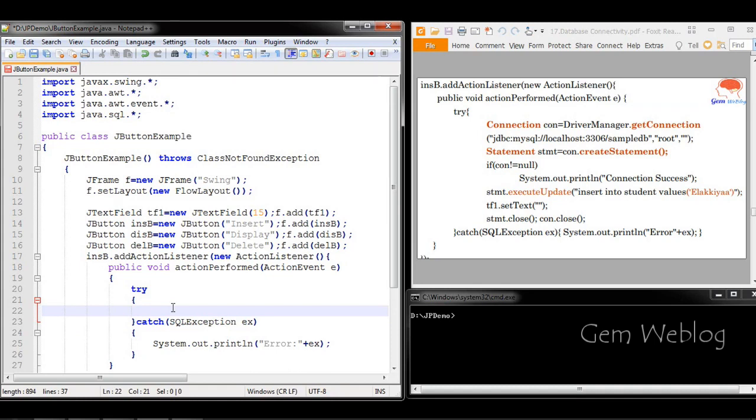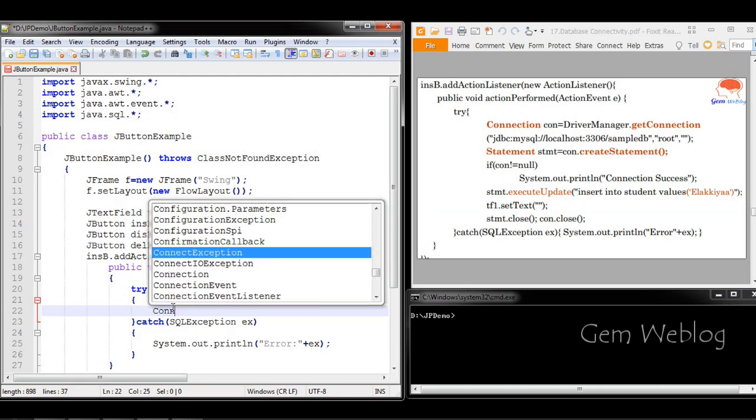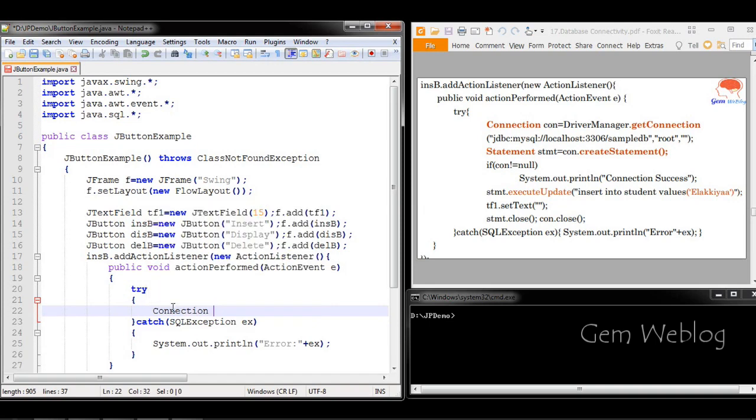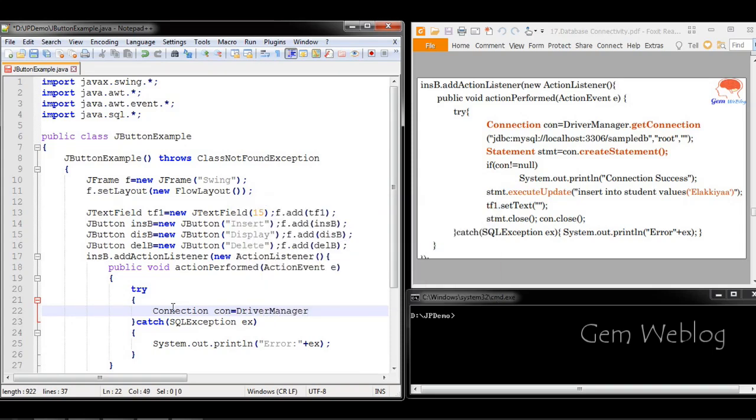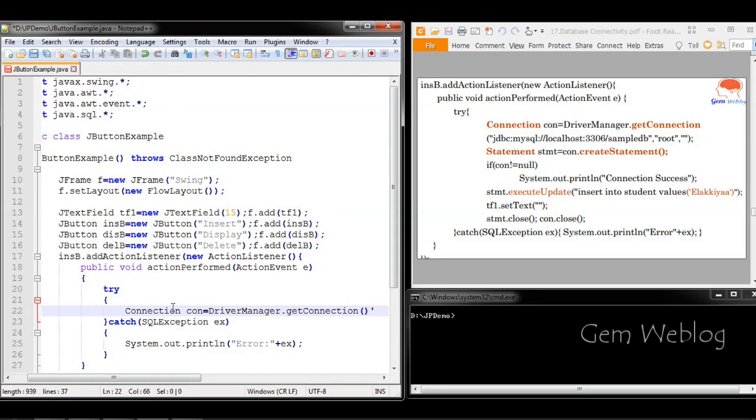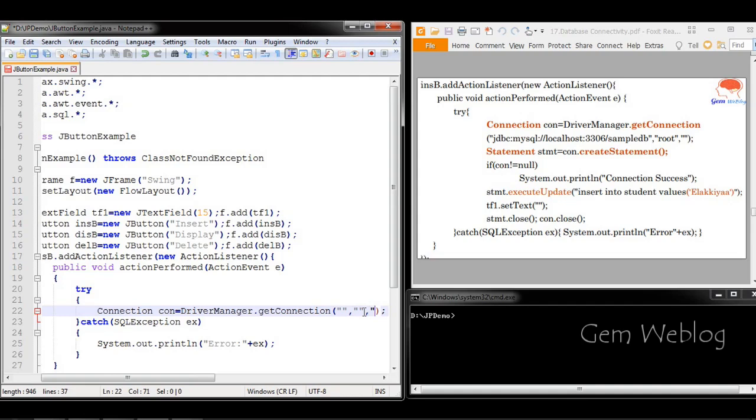First you have to make a connection to the database. For this we have to provide the path for the connection object. So first you have to create the object for the connection. Then here we are going to provide the path. The DriverManager dot getConnection method is used to get the connection with MySQL, whatever parameters we are passing inside it. Here we are going to provide 3 parameters. First one for the path, second for the username, third for the password.